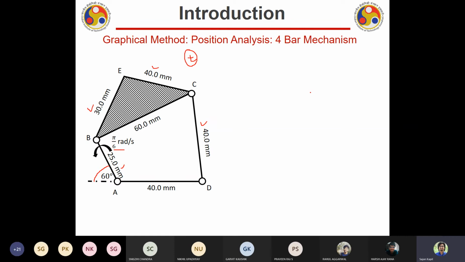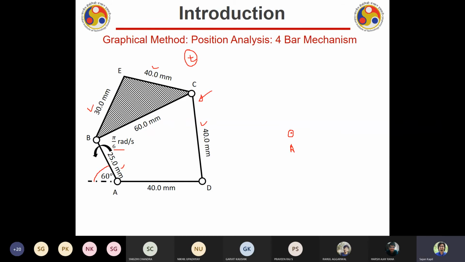Okay, how can you do that? Position analysis means I need to just draw this thing, what you are seeing here. Things will become complicated definitely in future, but can we do that? Yes, sir. Okay, so just start, and I'm listening to you. All of you just tell me which point should I draw first on the paper to make this diagram. The crank which is rotating. Correct. So first I'll make a dot somewhere on the paper, calling it A. Correct. This point is A.